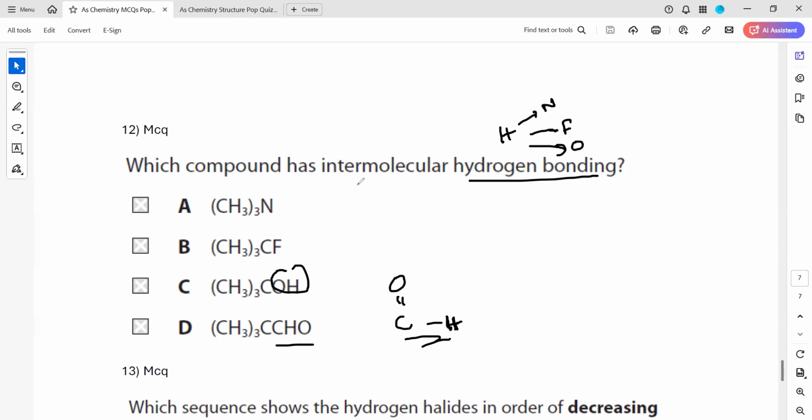To have a hydrogen bond between the molecules, hydrogen should be bonded either with oxygen, nitrogen or fluorine. In this case also the hydrogen is bonded with carbon, and in this one also nitrogen is bonded with carbon, and with a carbon the hydrogen is bonded. So hydrogen is not directly attached to nitrogen. That's why this can